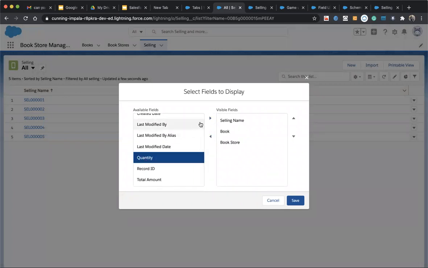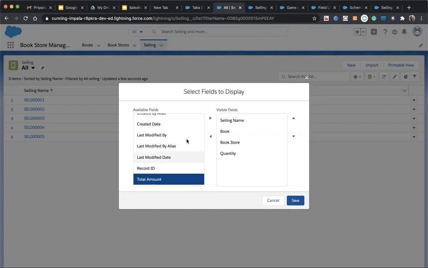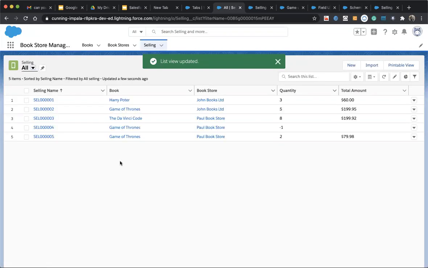We are creating the objects. I'm creating the object only to demonstrate how the formula field will work and nothing else. I'm just demonstrating a real case scenario, where a bookstore person wants to sell books, so what kind of situation he will face.